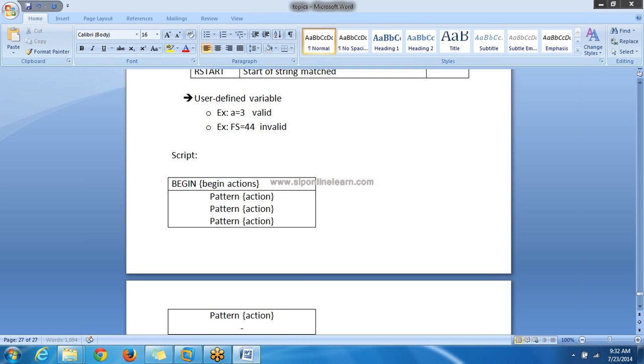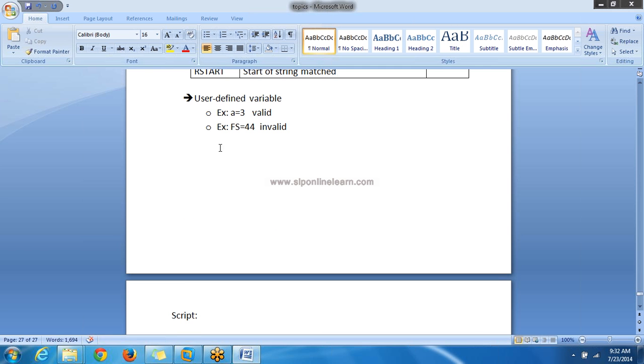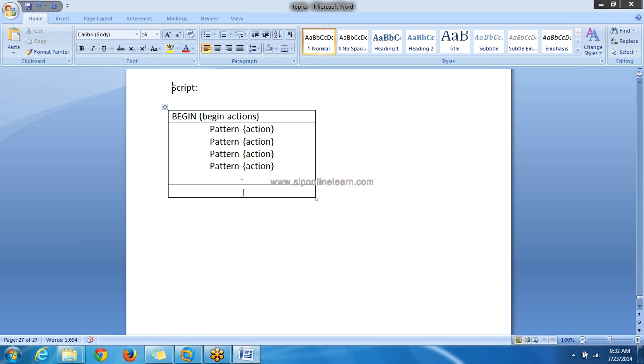I'll take this to the next page. Begin actions and end actions. Fine. So this is the appearance of your script.